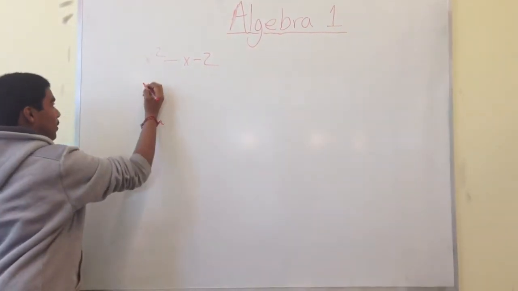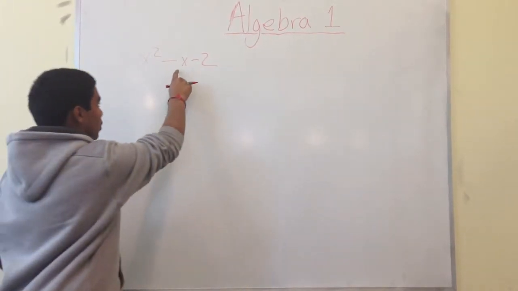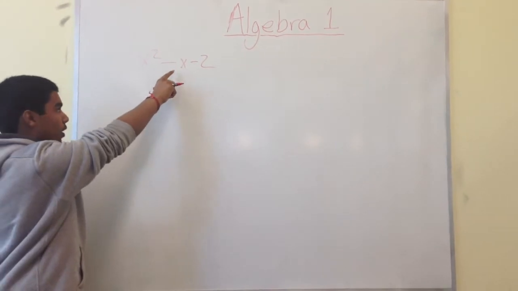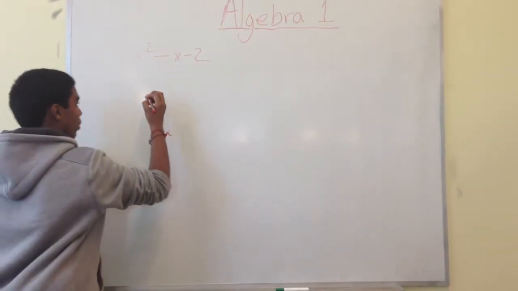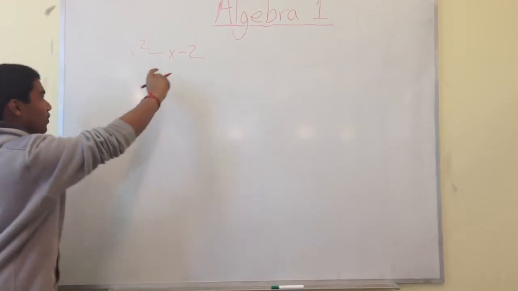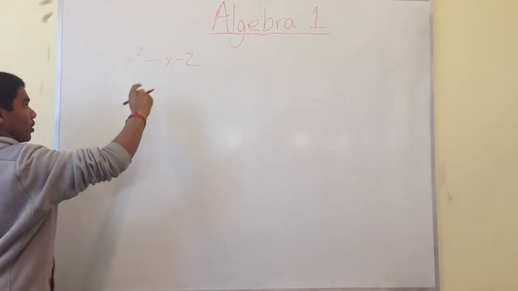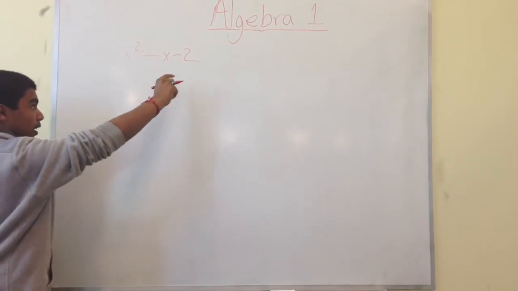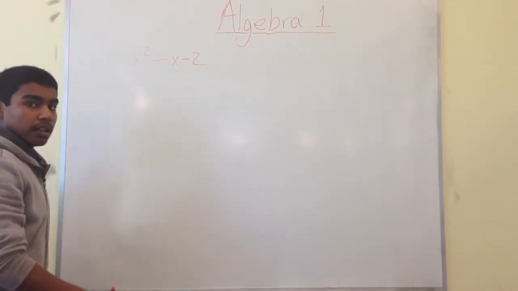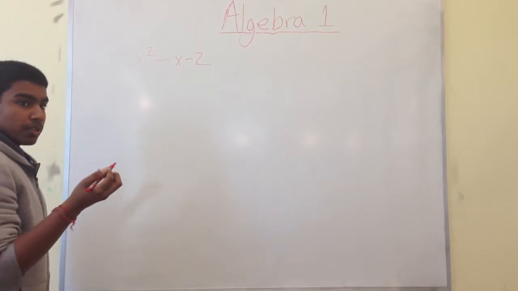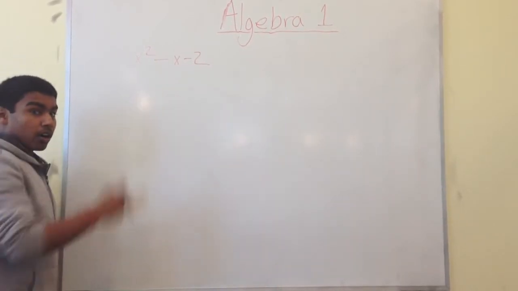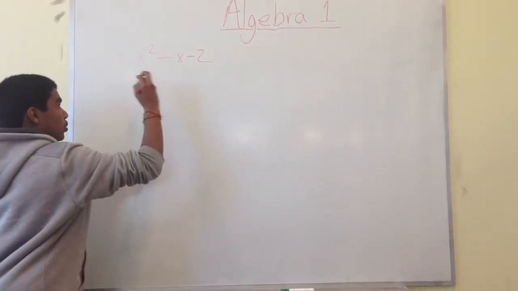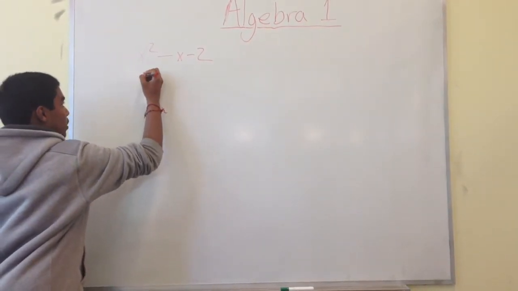So, the first step into factoring is to see what the coefficient of this number is, the second term of the quadratic equation. In this case, it's -1. And what you have to do is you have to see which two numbers add to get -1 and multiply to equal -2. And in this case, the two numbers that would fit the description are +1 and -2. So to rewrite this quadratic equation, it would look like